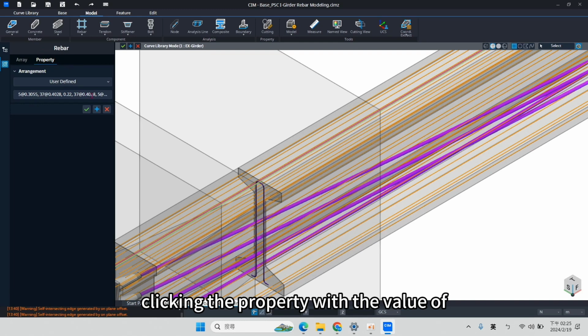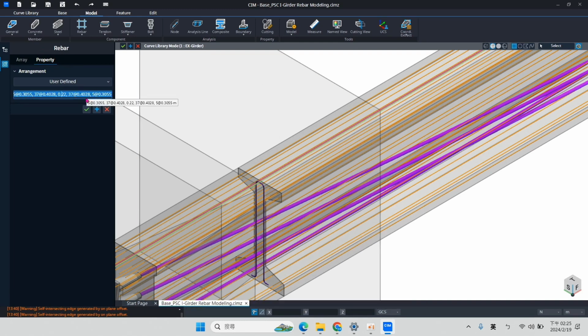For the property, this is also similar. You just change it to 4 and 0.2055, 30.636, 4 and 0.30655.